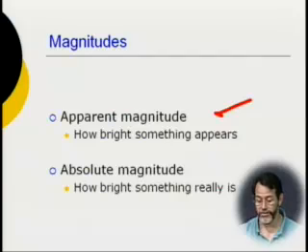The absolute magnitude, so if you were to take everything in the universe and put it all at the same distance from you, say, 10 light years or something called parsecs, 10 parsecs, which we'll define later. Then you can pick and choose what appears bright to you, because if everything is the same distance from you, then apparent magnitude is the same as absolute magnitude. So absolute magnitude really measures how bright something really is.